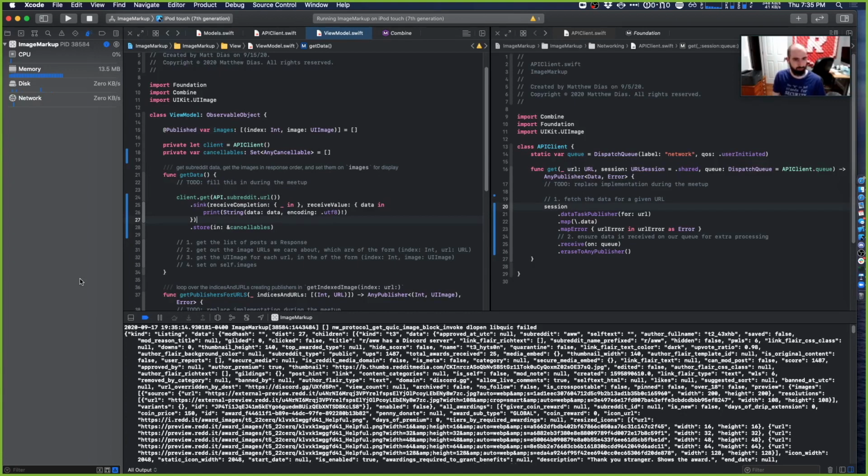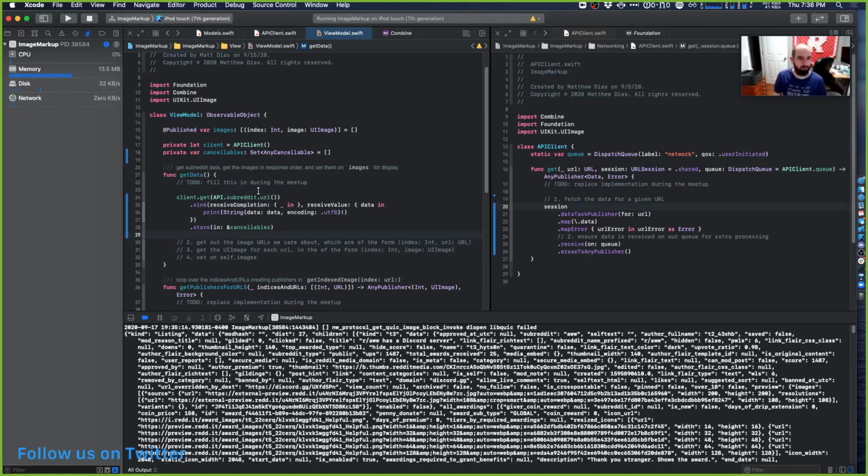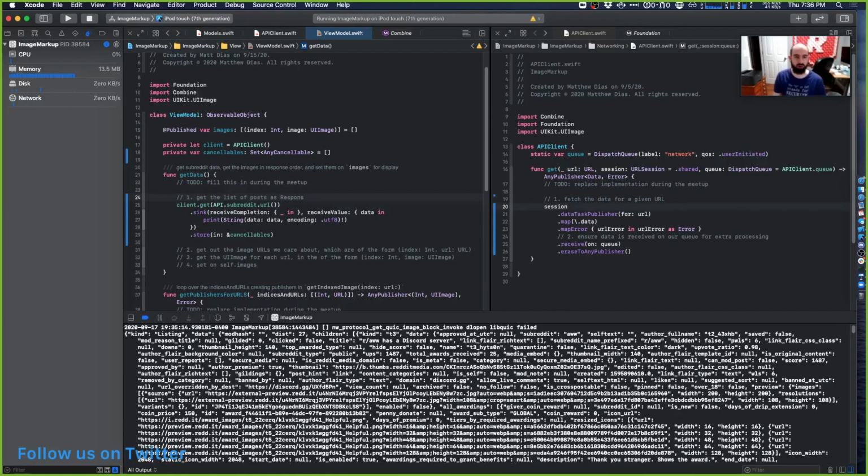Okay, so we have that. And now let's keep moving. So get list of posts as a response. Hey, we've done that. Well, we've gotten the JSON. We've gotten actually the raw data. What we really want to do is decode that into decoded models. And let's see, which file am I in? View model. Okay. It turns out Combine gives us a really convenient way to do that. You don't have to go make a decoder and try decode and deal with the failures and everything. You can just